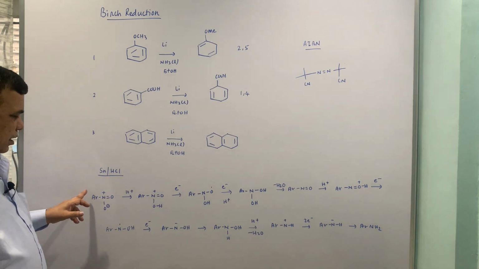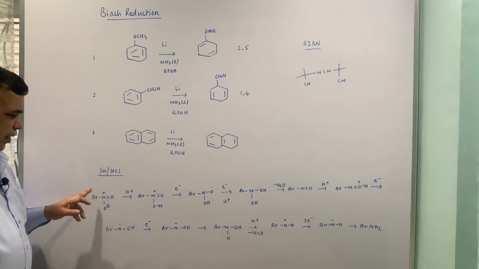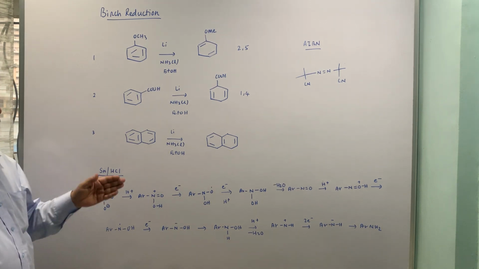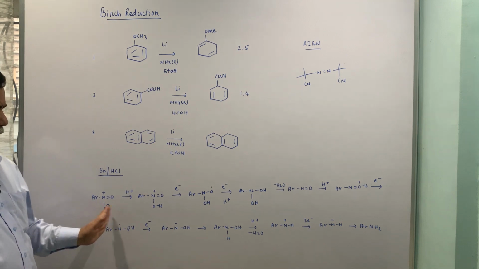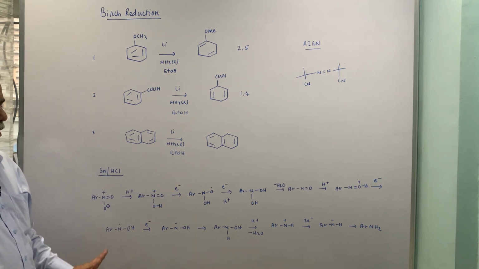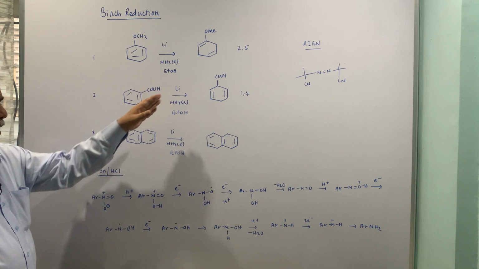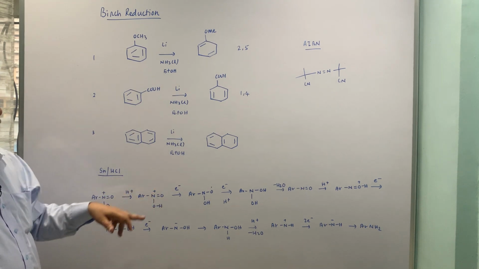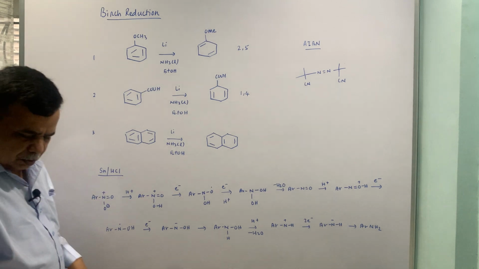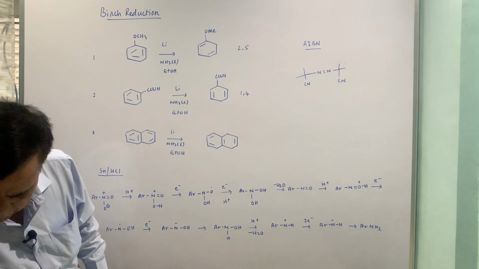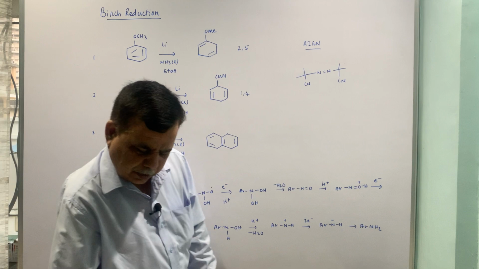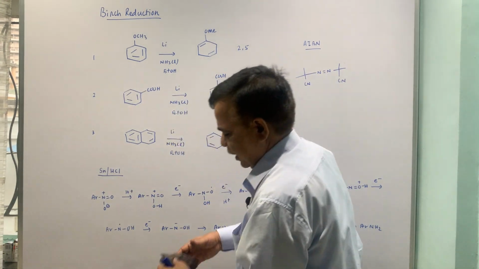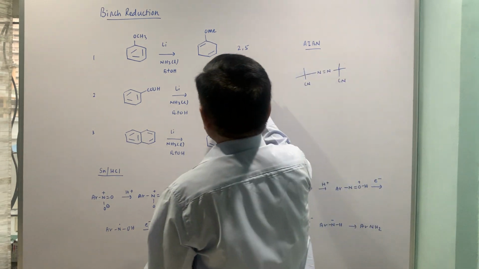This is a very good reagent to reduce an aromatic nitro compound to the corresponding amine. The mechanism is written. So first of all, we'll write down the mechanism for this. I'll write this and then we'll talk about this reduction also. So let us start with the first example. So I am clearing the lower examples.